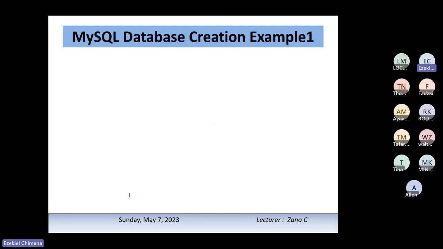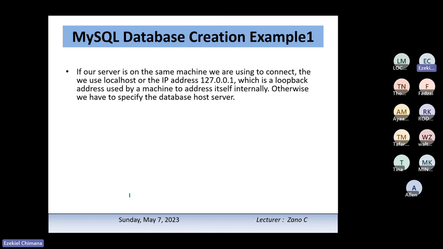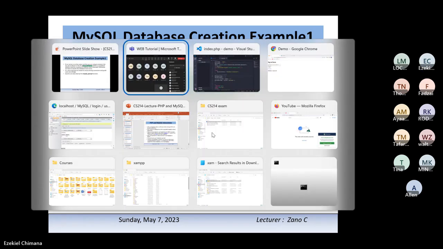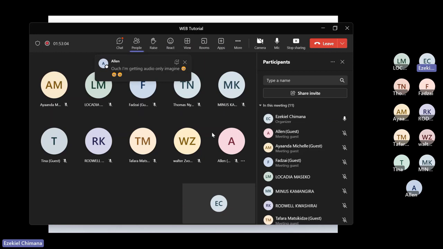For this one, it's only for creating the database. If our server is on the same machine, we use localhost or the IP address 127.0.0.1. When I put localhost, you can also use that one. It can also work. It is also important to check for errors during connection and guide users accordingly. If the database failed to connect, maybe you try to do something, or you tell the user that